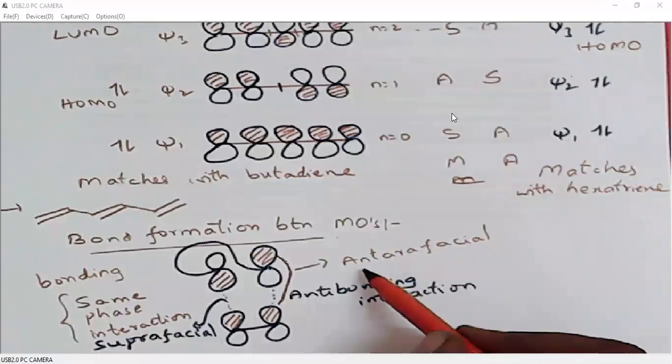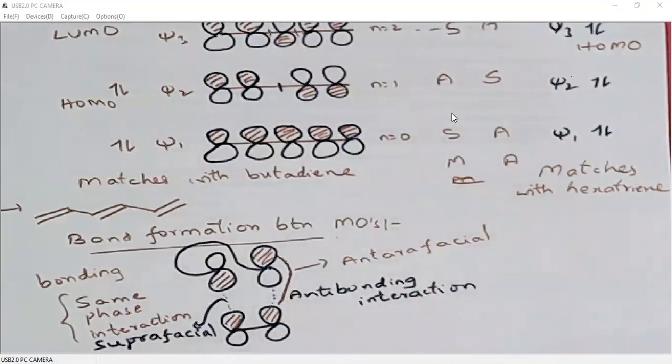Antara is an Indian word. It is derived from Sanskrit. Of course, we all use this word antara. Antara means inner, right? Supra is a Greek word, but antara is an Indian word. Mostly we know these scientific terms are derived from Greek or Latin, but this is the one which is derived from Indian, antara.